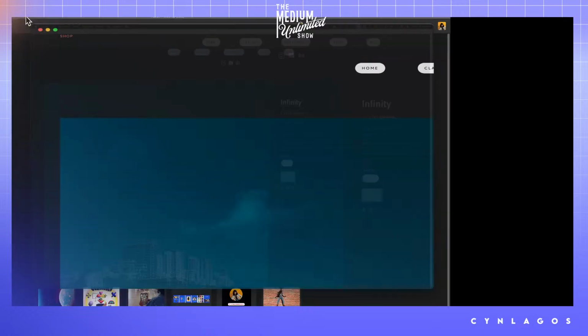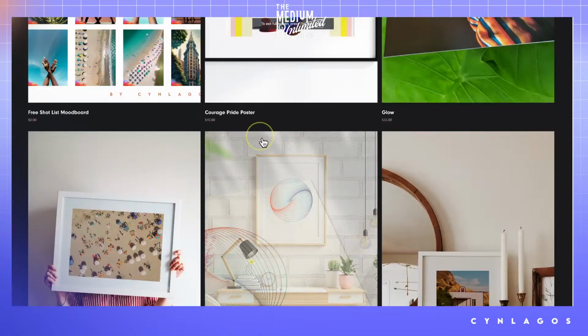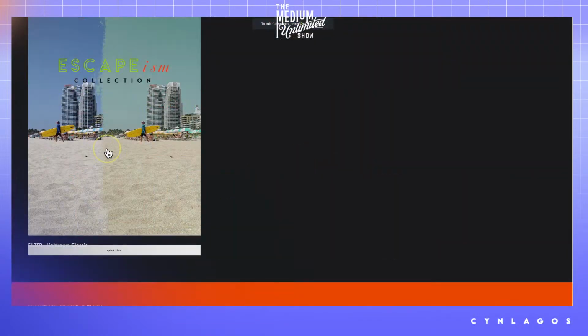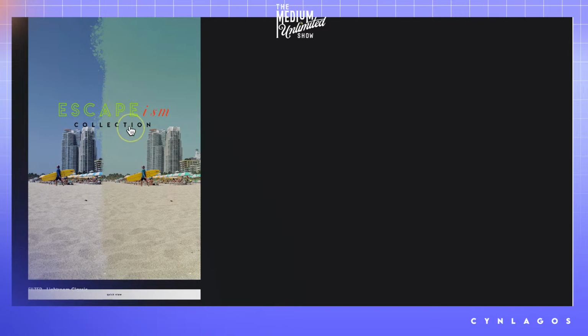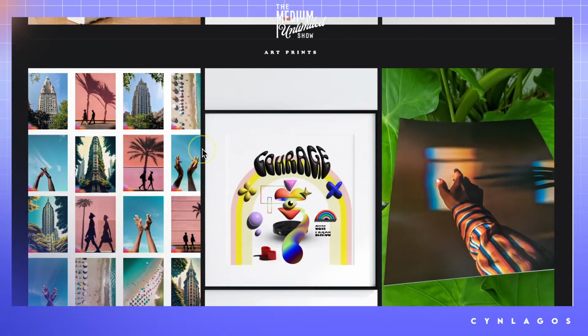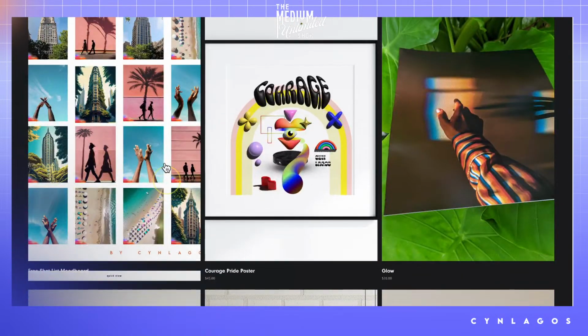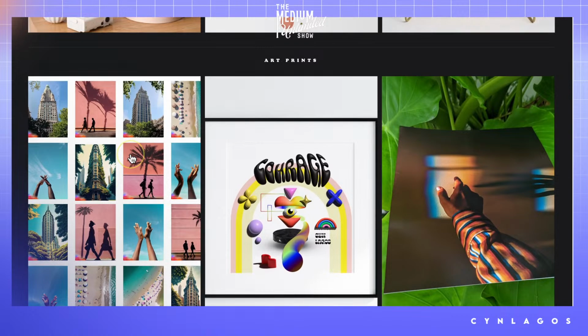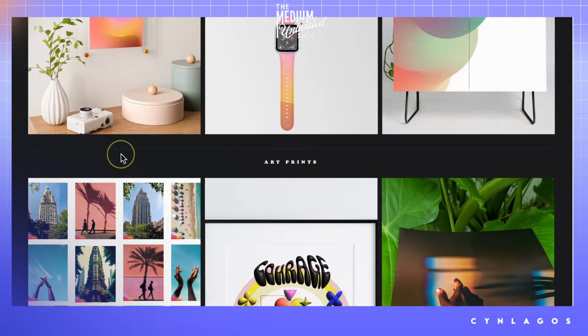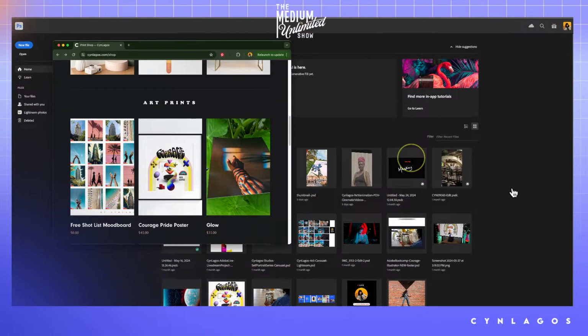So that's my print shop, folks. For those of you who want to check it out, I welcome you to. I also have some presets in here. Really cool presets. I love being able to put things on my shop. It's always like a little moment of, yes, I did it. Oh, and this is a free mood board for you to experiment. I used AI to explore different composition ideas inspired by my own photos, which is a really neat experiment. Okay, so now let's jump onto Express.